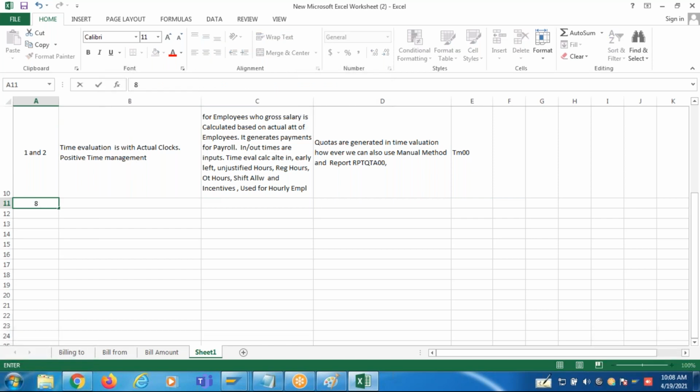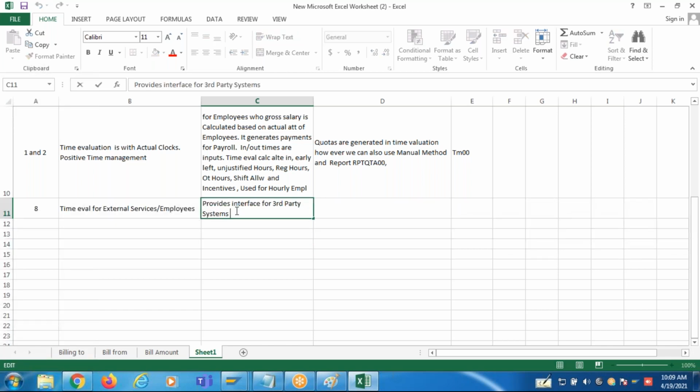Now we have 8. This is for time evaluation for external services or external employees whose payroll is not in SAP. It provides the interface for third-party systems. Time management is in SAP. Payroll may not be in SAP. It provides the interface to the third-party systems, guys.